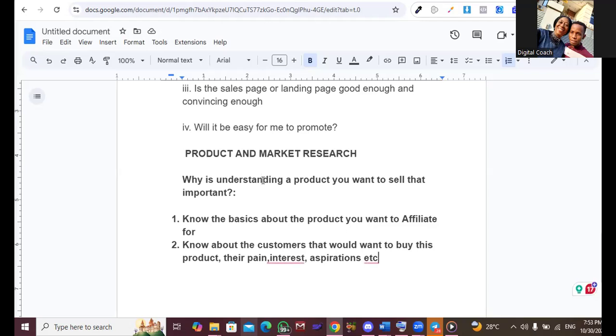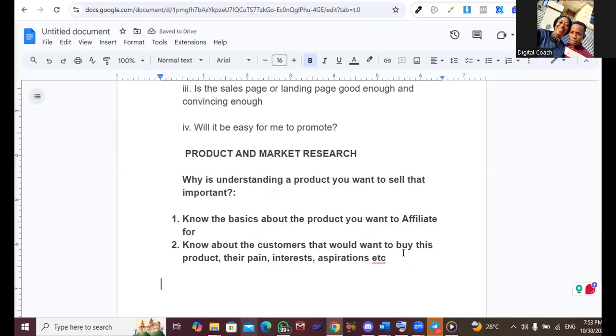This should be your first and foremost stage, your foundation. You know, when you are building a house, at the foundation level, it's as though everything is static, nothing is happening. That is what we are going through right now. It's as though nothing is happening. But when the building starts rising up, you now understand that the foundation was very, very important.